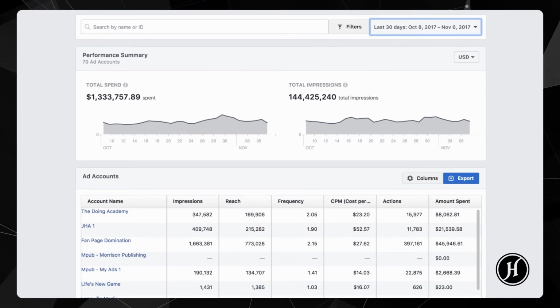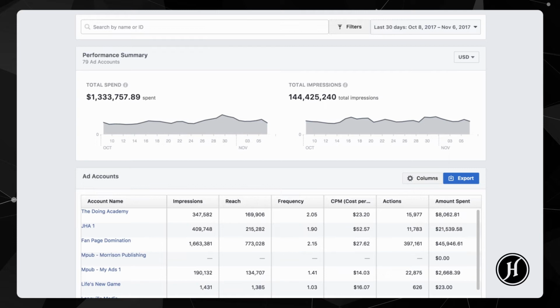One of the things that I think a lot of people get caught up on is when we talk about some of these big spend numbers that we have inside of our agency, and I share that with you to show that we are gathering real data. Our processes and systems are based on real things, but we didn't get to this overnight. This was building up over time of doing these small tests with these $5 ad sets, finding the things that work and scaling it up. We don't scale to these bigger budgets until we know that we're producing a profitable return, and we teach you how to measure all that stuff in the course.